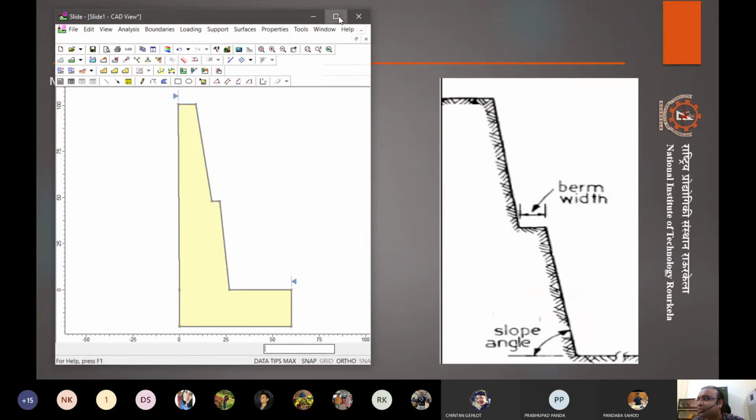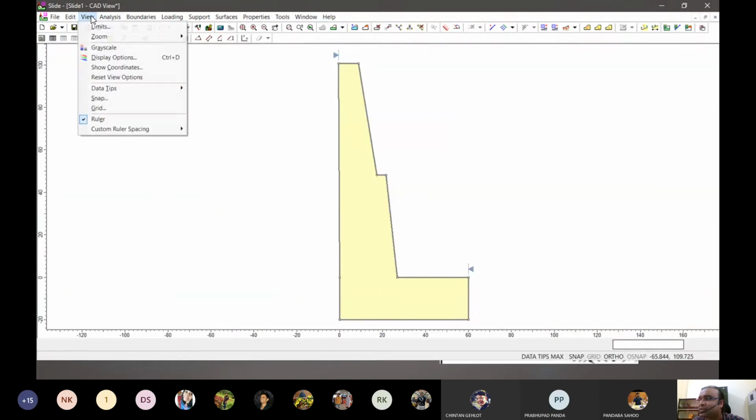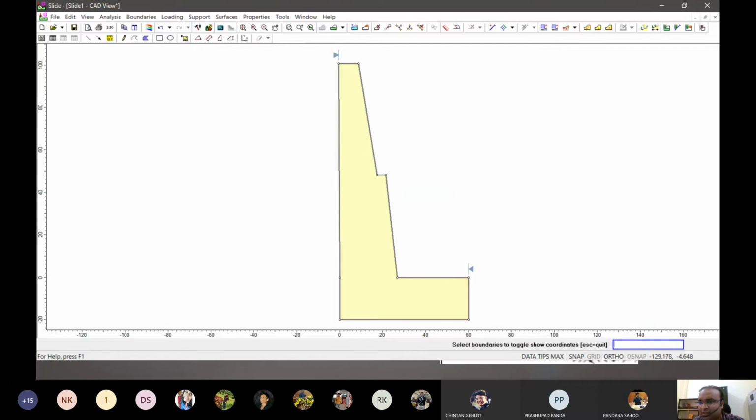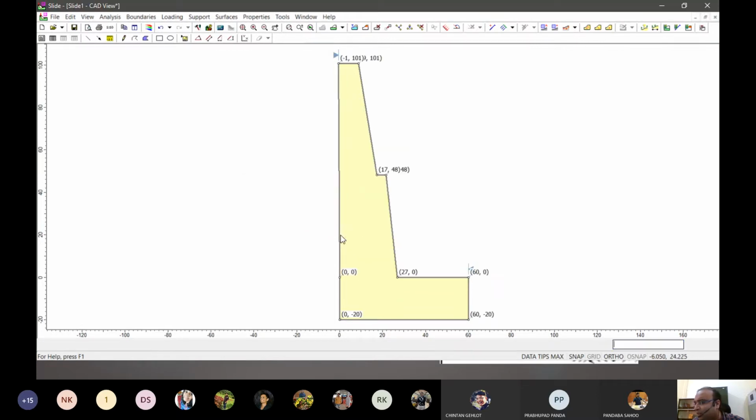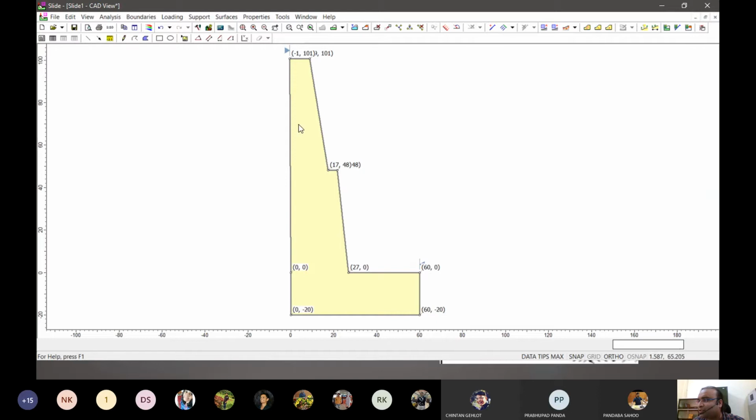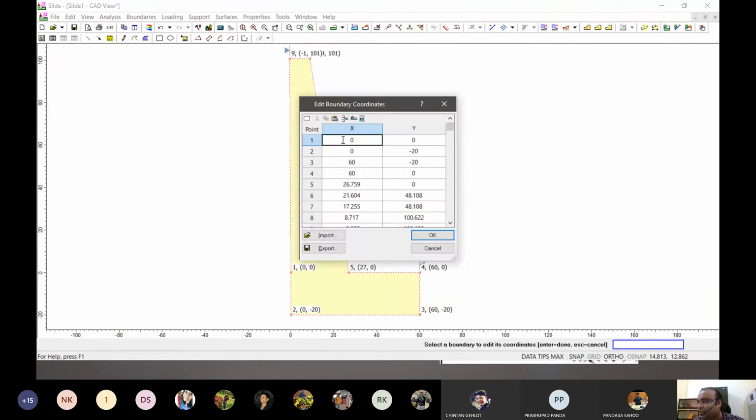I think I can show these vertices, show coordinates, right? So I get an external boundary, and I can get the coordinates shown properly. So at least I have an idea. And I can edit these coordinates and copy all these coordinates. So I can control select all and copy.